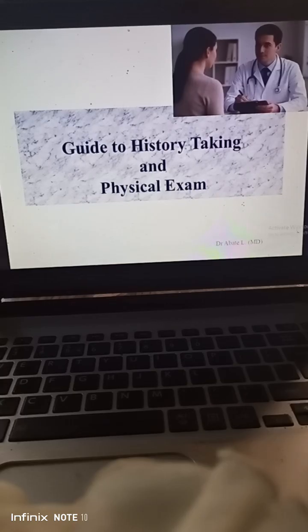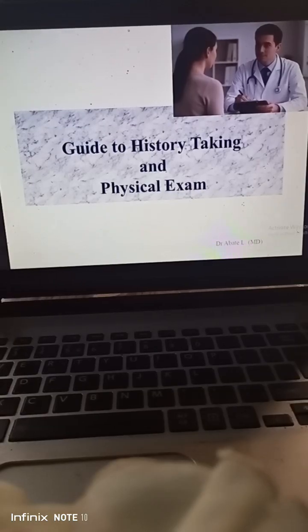So you need to know both science and you have to also practice the skill of clinical practice throughout your life. So you need to give attention to this important introductory part of physical examination and your techniques of history taking